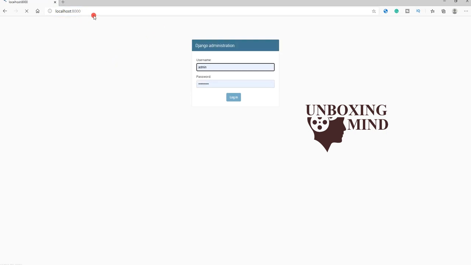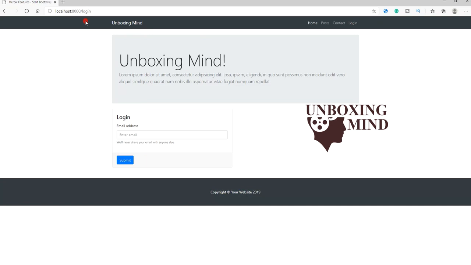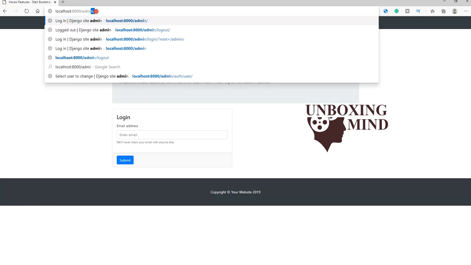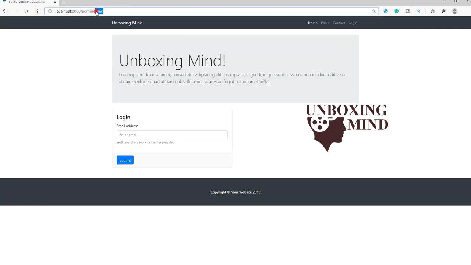So now again here we can log in with OTP based authentication as well, and we can use the Django based authentication as well.